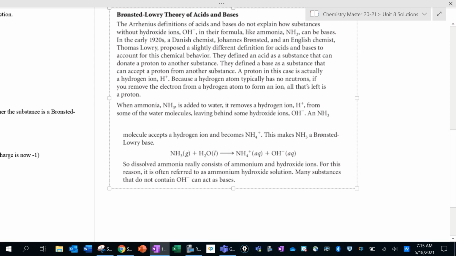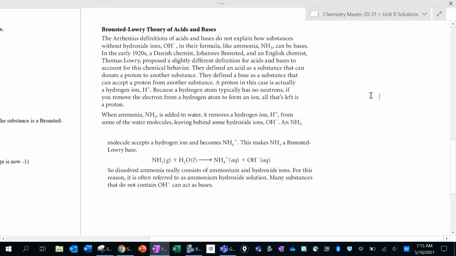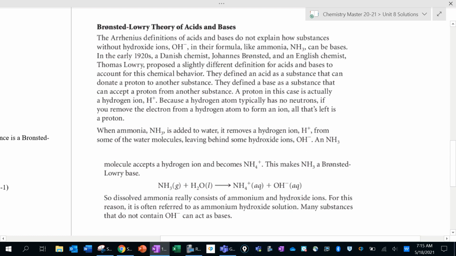So in this example from the reading, we can see how ammonia can be a base. We know that bases add hydroxide ions to solution. And so you might look at this chemical equation, NH3, and say, well, how could this give hydroxide? I don't see any oxygens in ammonia. That seems impossible, right? What happens is when you stick ammonia in water, it actually behaves as a hydrogen taker. So a base is a substance that can accept a proton. And by proton, we mean a hydrogen ion. So a base is a hydrogen taker,